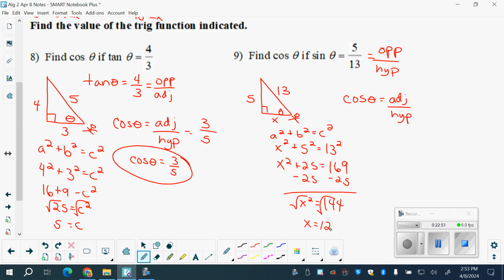So this side is 12. So the adjacent leg is 12, and the hypotenuse, Nicole, what would the hypotenuse on this triangle be? Good. So cosine of theta is 12/13. So again, everything that we're doing here is finding ratios. Later on in this